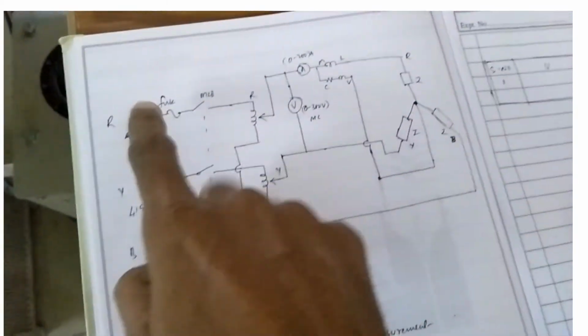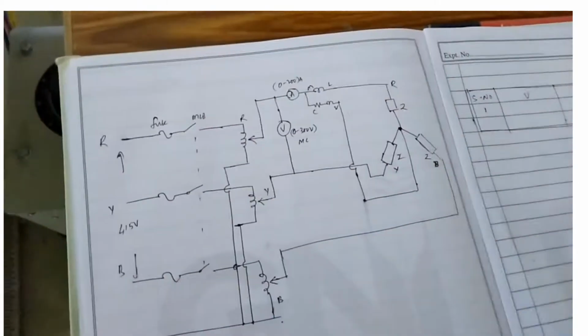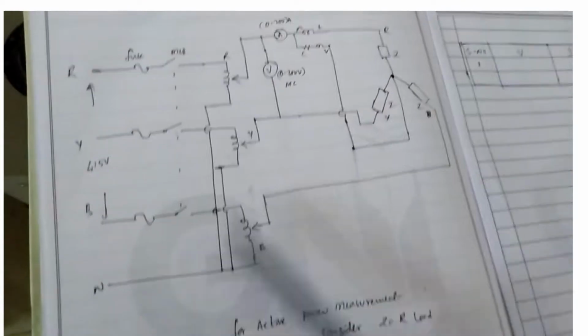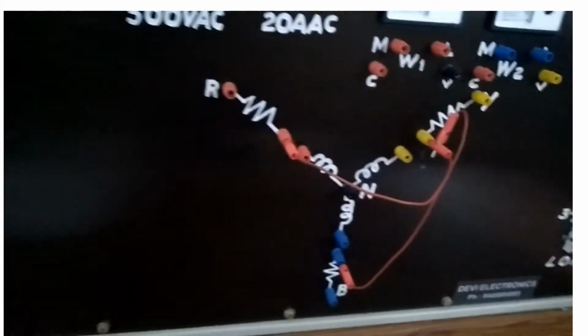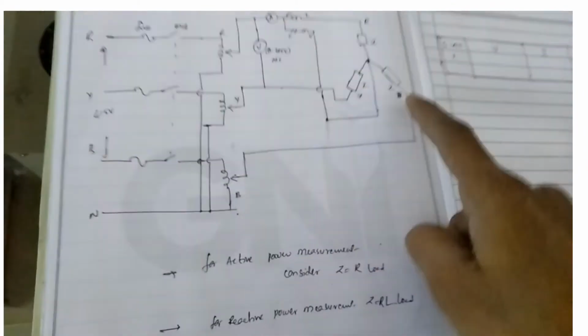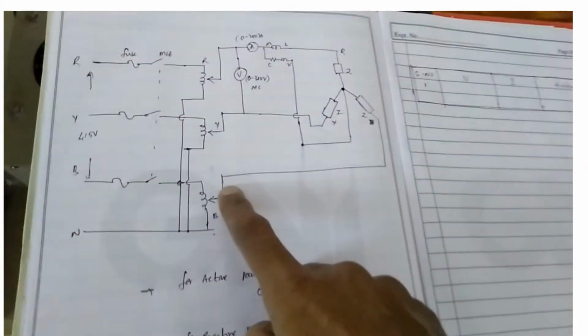Now we are going to see the circuit here. This is internally connected; it is the variac connection. From R we are going to give to the R phase, from Y we connect to the Y phase, and from B we connect to the B phase. So here RYB and neutral are there, and in the same manner R, Y, B and neutral are there. Here we are going to connect these terminals through the other components. The Y and Y are connected directly, B and B are connected directly.